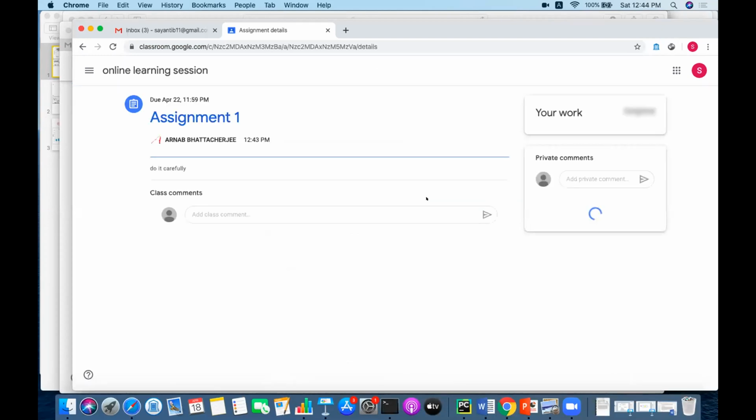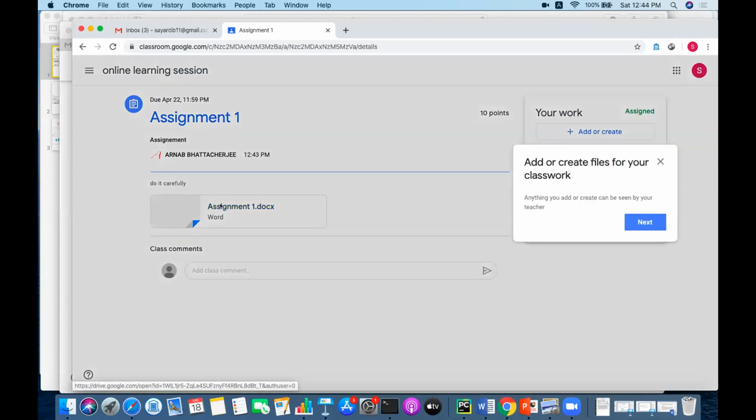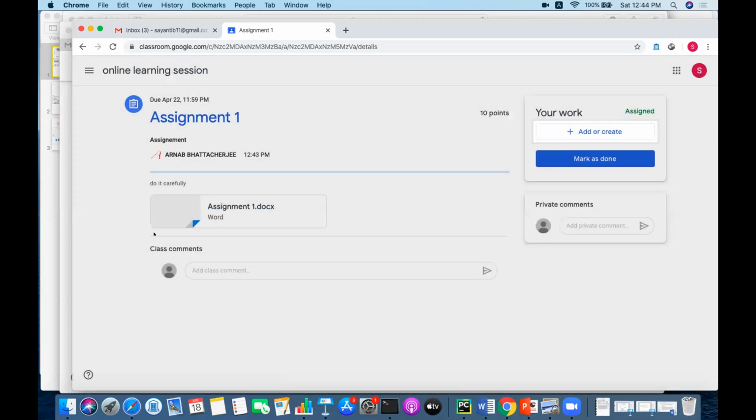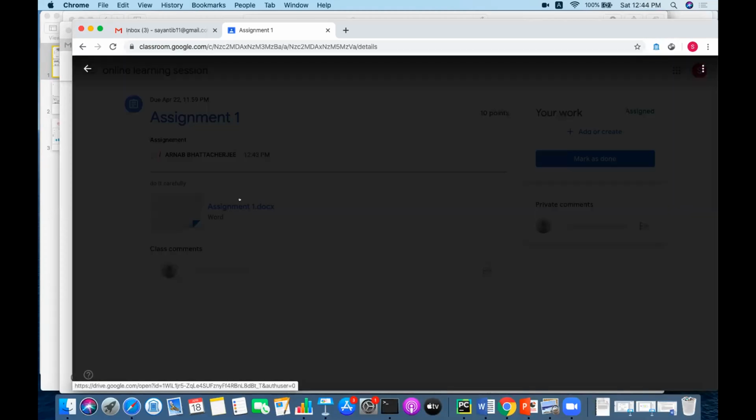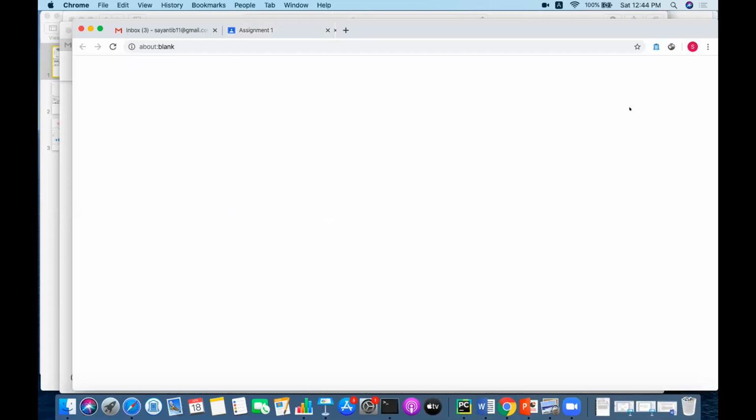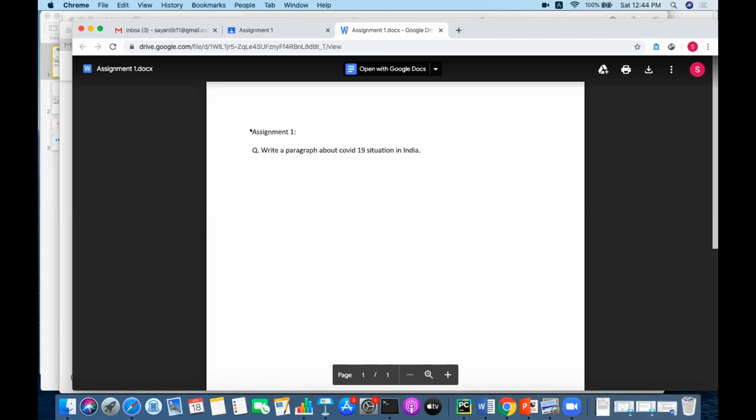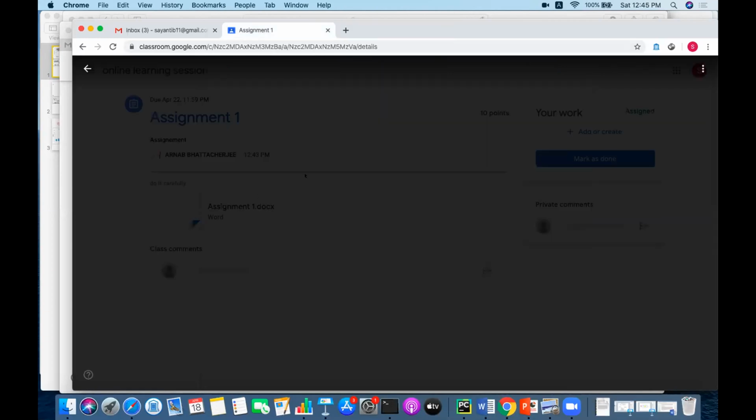So this assignment I want to go, and this is the assignment that I want to view. So I can see the assignment that the student is asking, the student can see: write a paragraph about COVID-19 situation in India, right? Okay, I said fine. So I have to submit this assignment. So being a student, let's say I type something